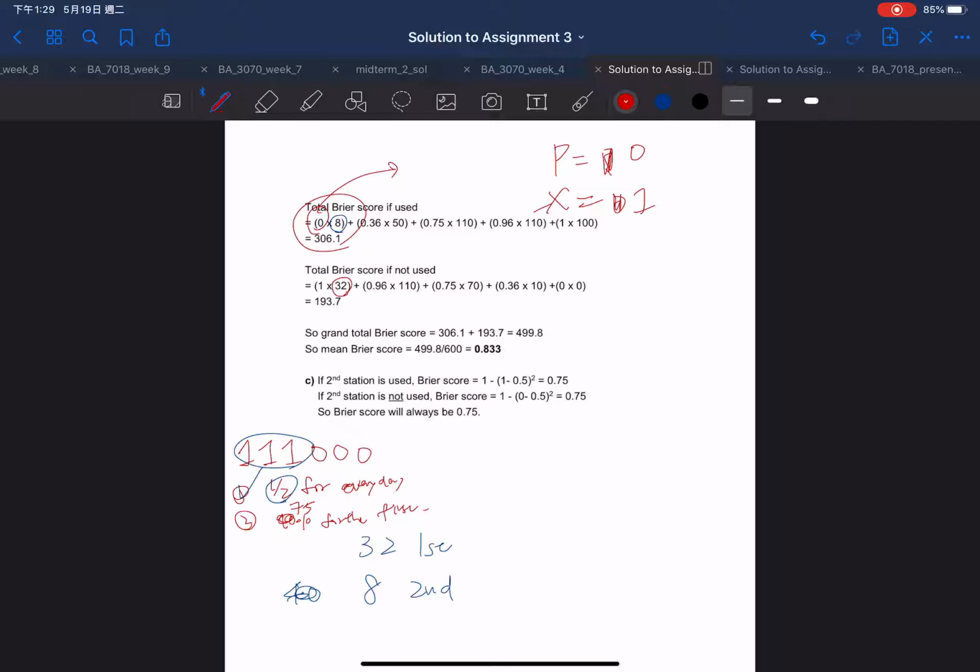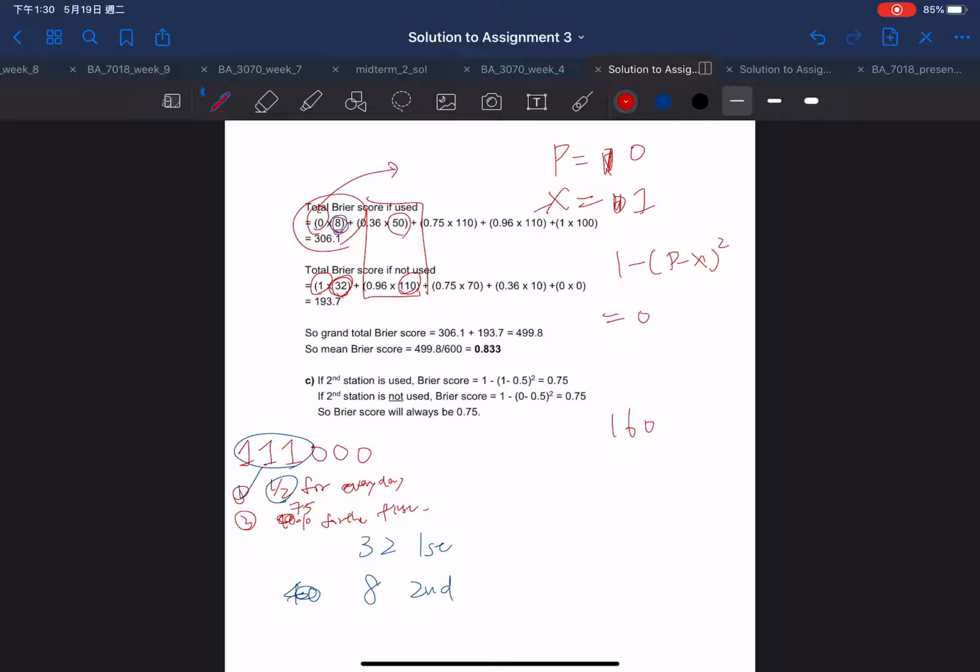If used, the X is 1. And in that case, (1 minus P minus X) to the power of 2 is going to be 0. Yes, right? So out of those 8 days, the scores are 0. Okay? And out of those 32 days, the scores are 1. The other 32 days. And then we look at the other case, where there are totally 160 days,